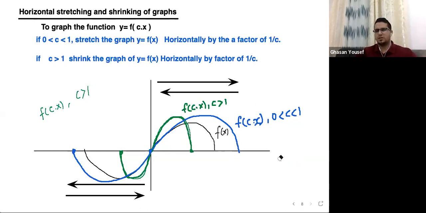Okay, any question for this? Any question? Okay, I'm going to give examples if there is no questions. So the example is